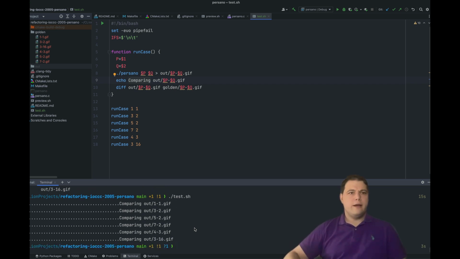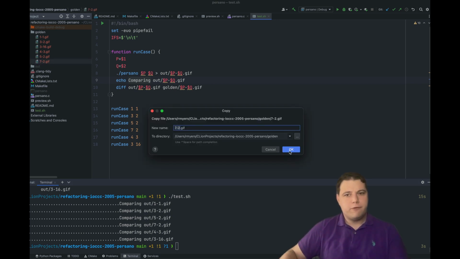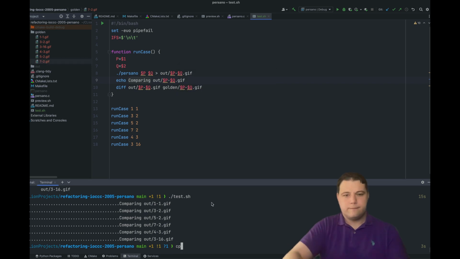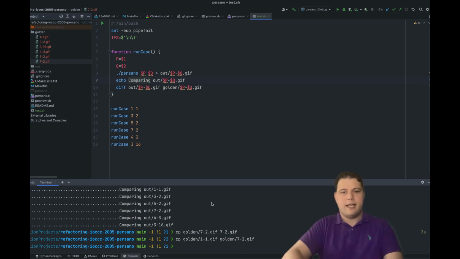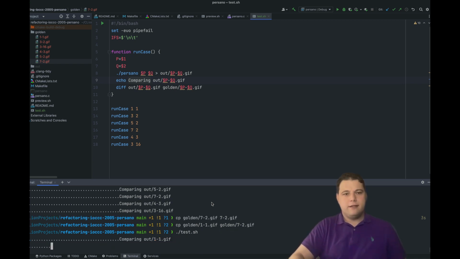Okay, cool. Now, what if one of these were to be different? So let's, just for the sake of argument, copy 7.2 to the current directory to save it off. And then I'm going to copy golden 1.1 to golden 7.2. Basically make one of my test cases expect the wrong data, just to make sure that this